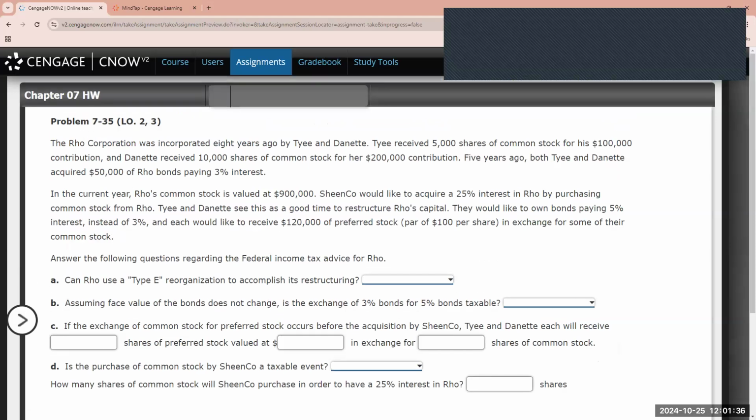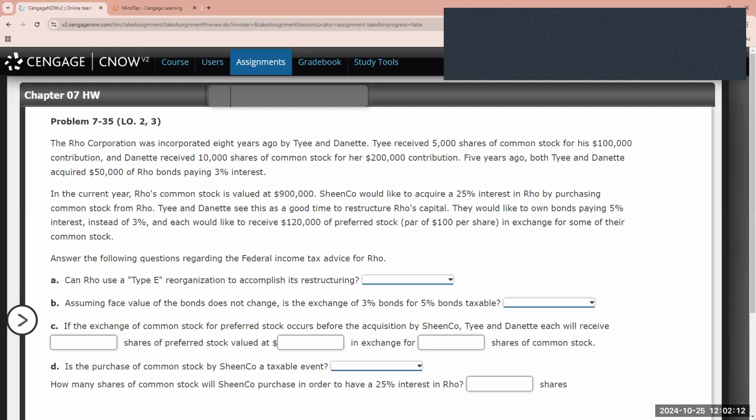So this brings us to our next question. In this question, it asks, can Rowe use a Type E reorganization? Assuming the face value of the bonds does not change, is the exchange of 3% bonds for 5% bonds taxable? If the exchange of common stock for preferred stock occurs before the acquisition of Sheen, we want to determine how many shares they're going to receive and what's the value. And if the purchase of common stock is going to be a taxable event, and how many shares they will need to purchase to have a